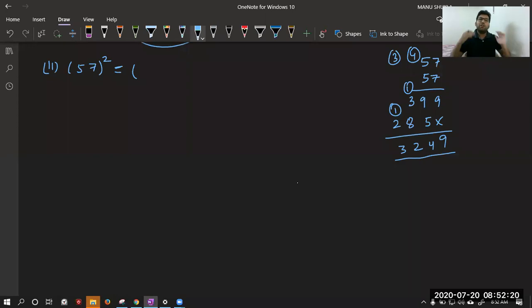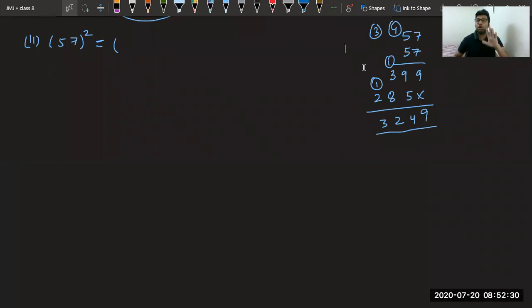Okay. We will try to be positive first. Because being positive is always liked by us. Krishna, you are absolutely correct. The only thing is, in negative signs, sometimes we make a mistake. So I will do the question by both the methods. By all of you, like 50 plus 7, and by Krishna's way also, that is 60 minus 3. I will solve the question by both the methods.